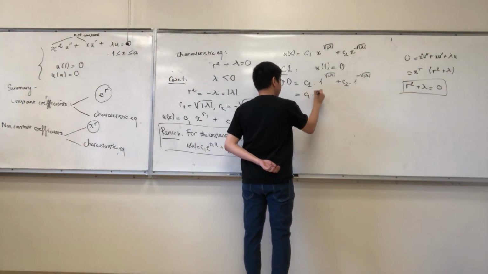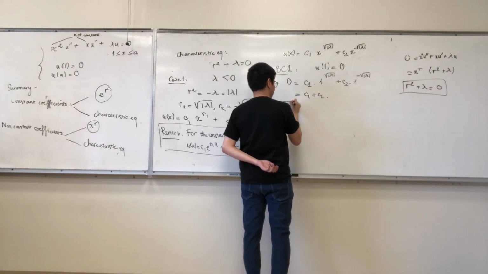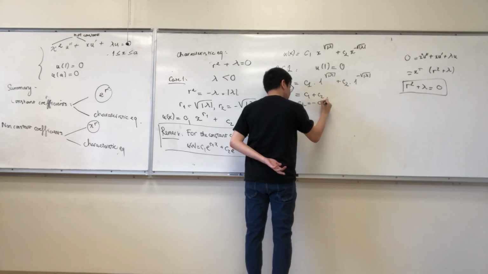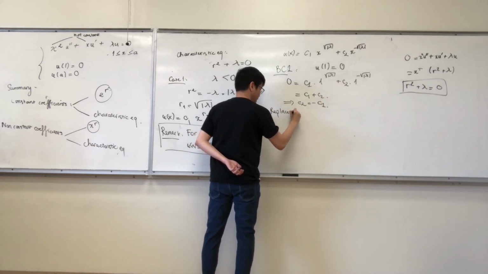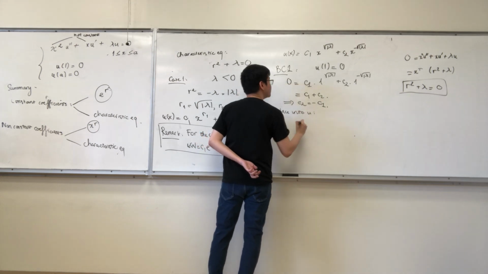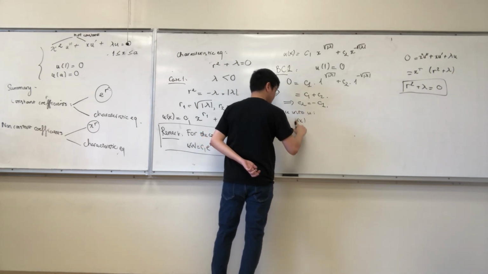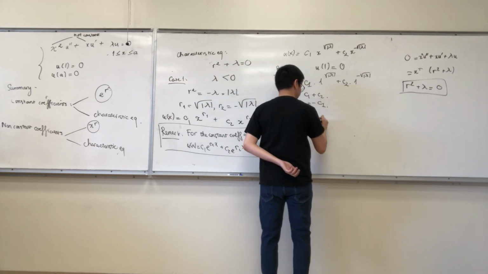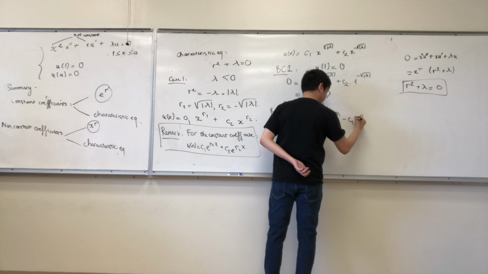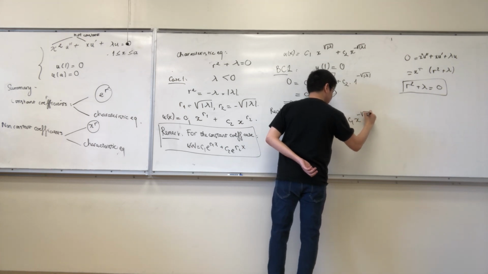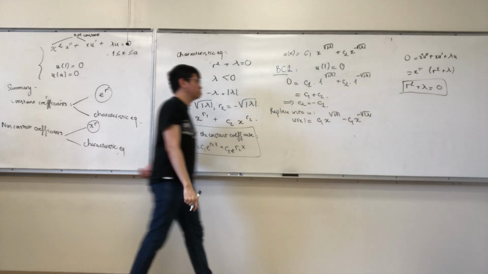So this means that c1 plus c2 is 0, so c2 is minus c1. Replace into u. So u(x) will be